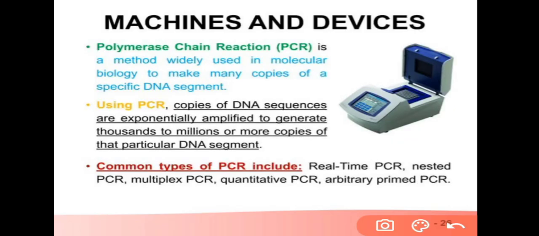Okay, that is a PCR machine in which we will perform the PCR test. The method is widely used for making replicas. The PCR machine or device is very useful where the sample quantity is very small. So for rape cases and criminal cases, this machine will provide a lot of replicas